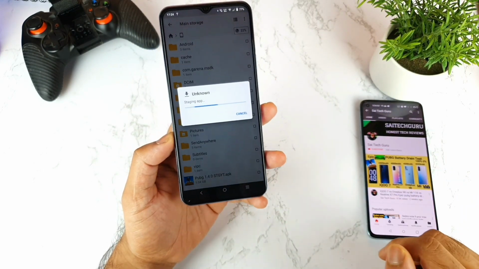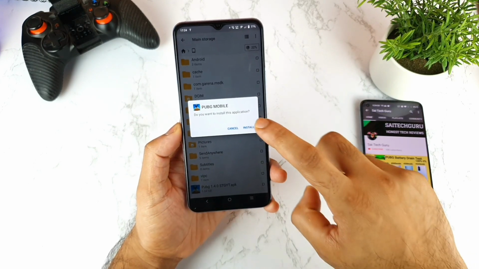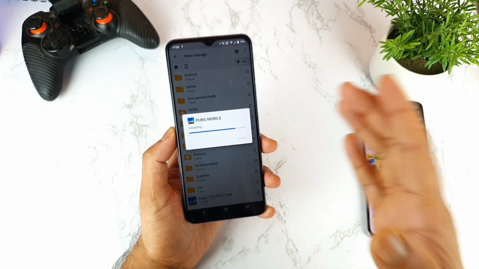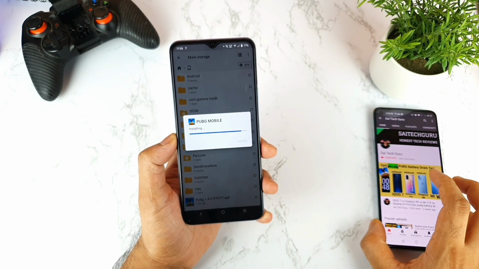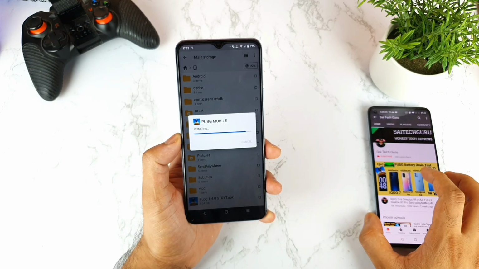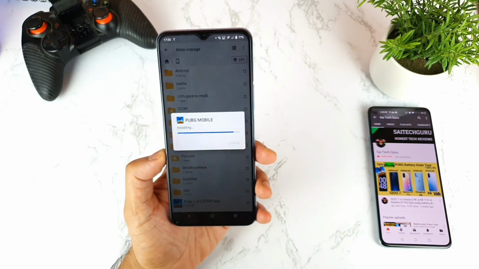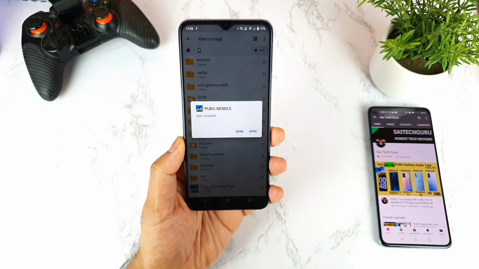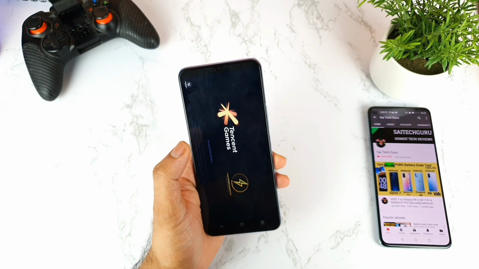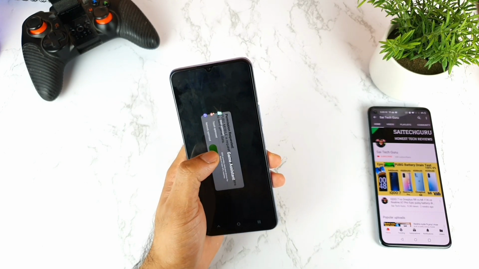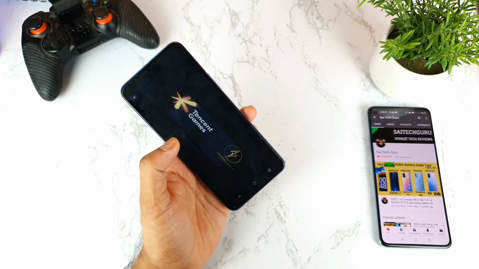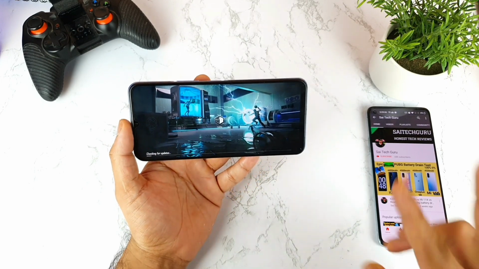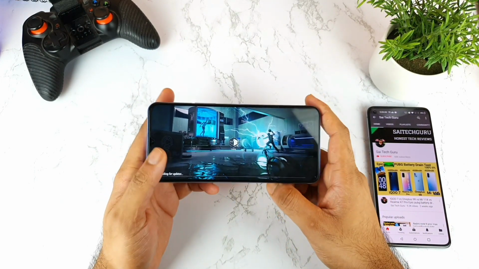So let me quickly install the PUBG game right now, and this is a game which will be running without using any kind of VPN applications, but you just need the VPN application in the beginning to open, but later on you don't need any VPN application. So let's see what the default graphic settings will be in this phone for the first time I'm installing it, friends, on this iQOO Z3 device. I'm really very much excited to see what the default graphics will be. I'll try to do a side-by-side comparison with other smartphones as well. In case you are interested to know, I'll try it with the Realme X1 Max particularly. Hopefully it should come with the HDR and extreme settings. So that is what I'm trying to see.